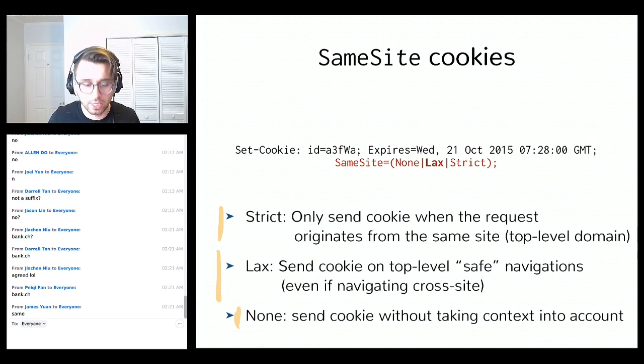The one ugly bit, and the reason we have lax as the default instead of strict, is because when you click on a link, you wouldn't actually send